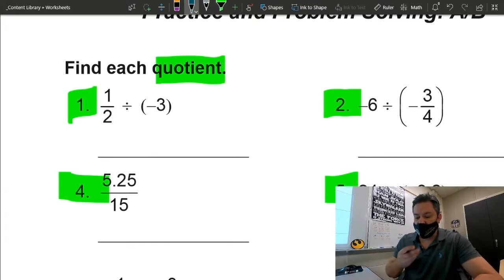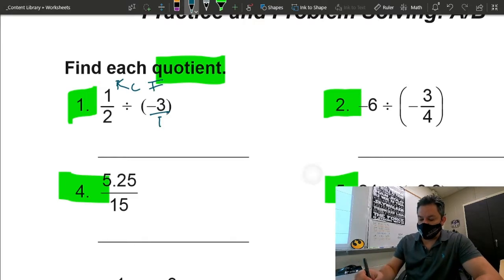So number 1, students ask me, Mr. Gomez, I don't know how to do that one. So the process right here, we have a fraction divided by an integer. Anytime you have an integer that doesn't have a decimal, or a whole number, all you gotta do is put a 1 under. And then you can start doing the keep, change, flip, or keep, change, change, or you can use multiply crossways. So for this one, if you do the keep, change, flip, you're gonna have 1/2 times